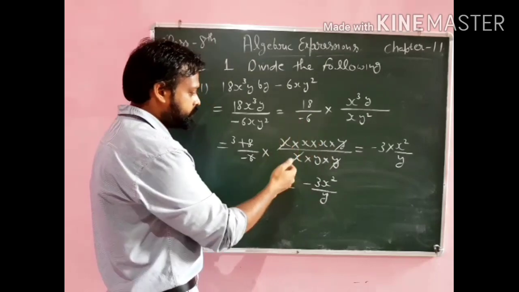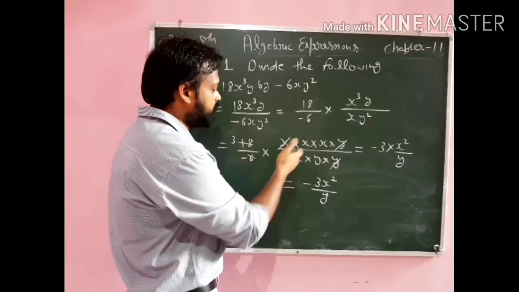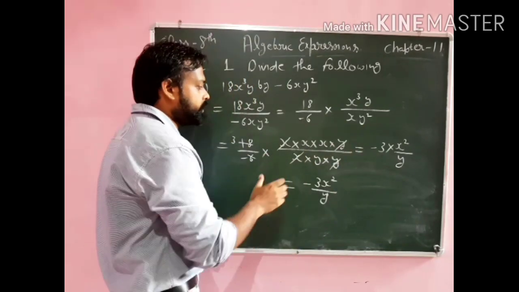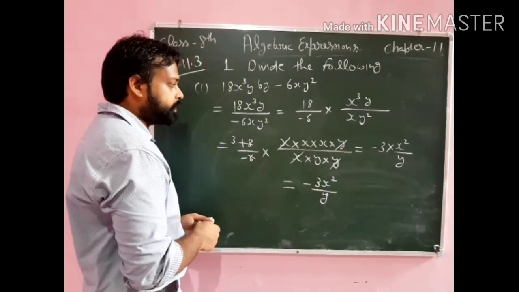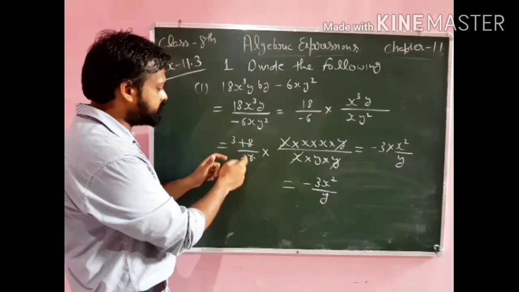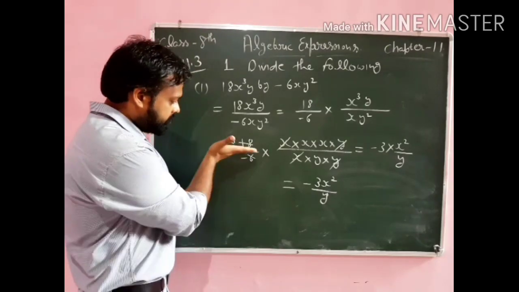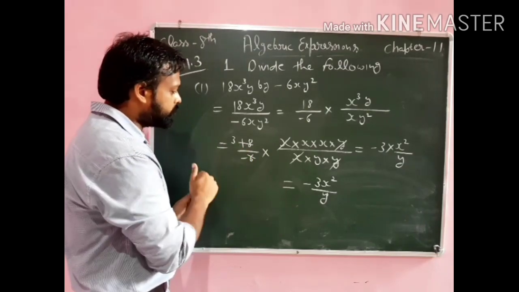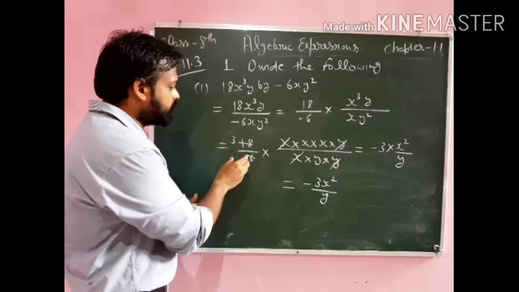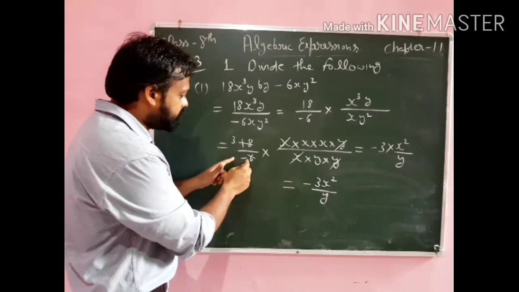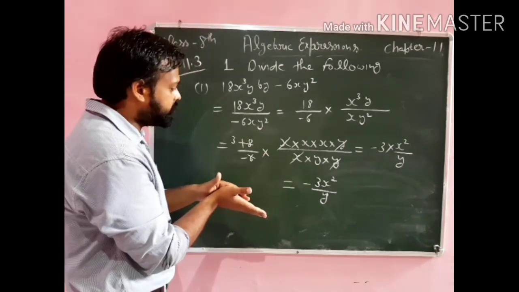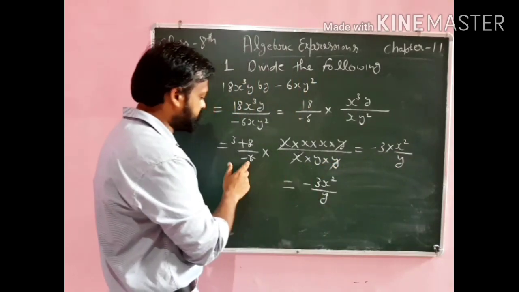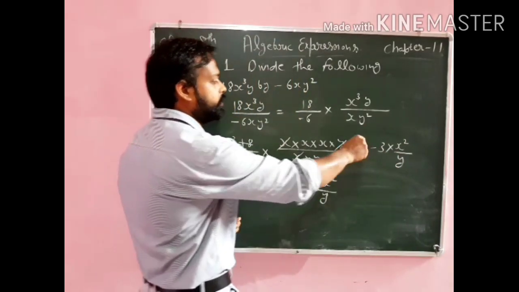In this case also you can cancel out the common factors. x is cancelled with this x, y is cancelled with this y. So what do we get in the next step? In the next step you can see 3 is here and 6 is cancelled, so one term is left in the denominator, only the minus sign. It is the rule that if the minus sign is in the denominator, we can take it into the numerator. So it will become minus 3 like this. I take this minus into the numerator.